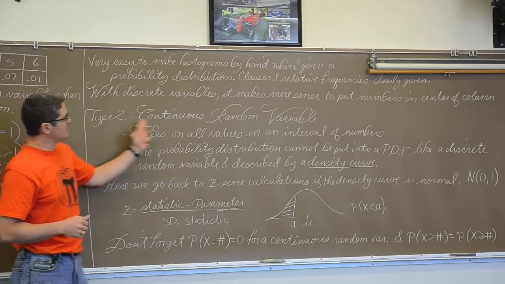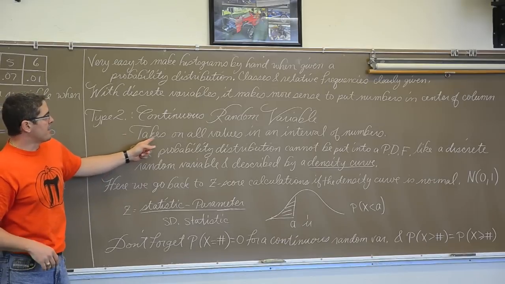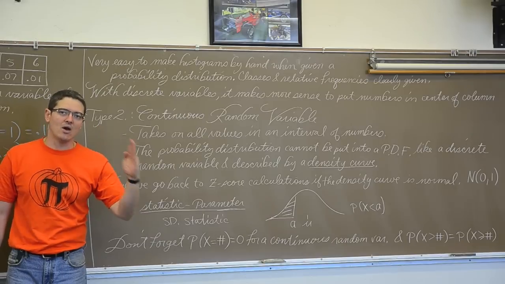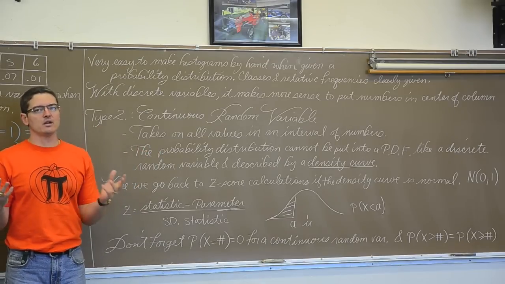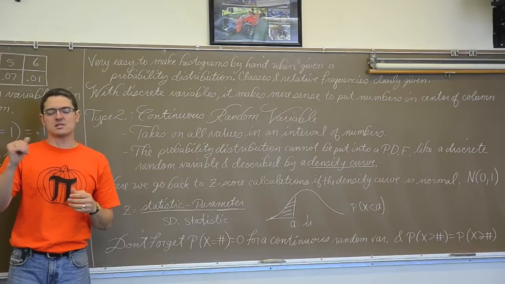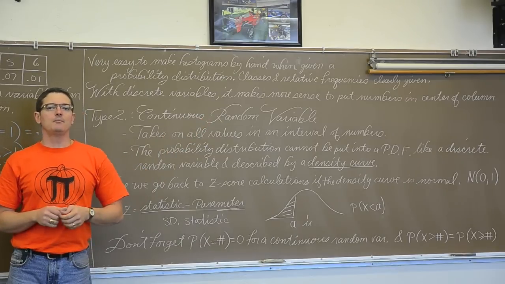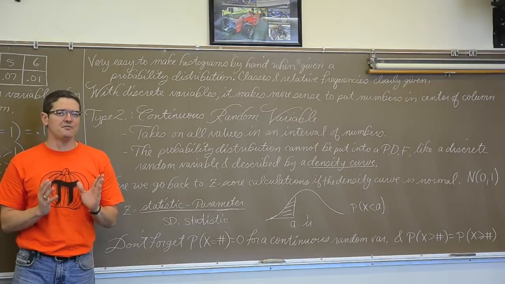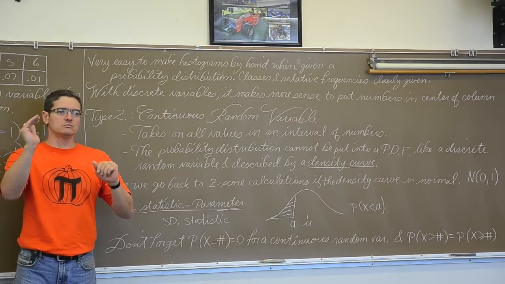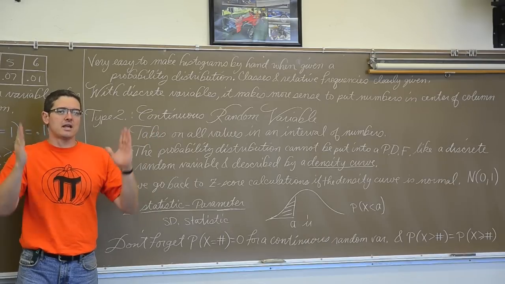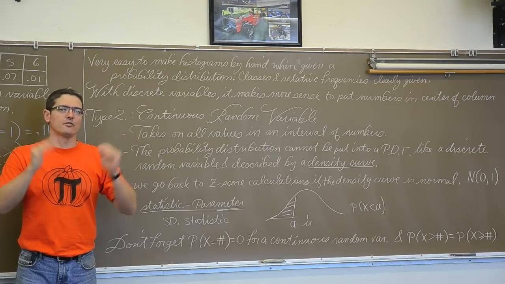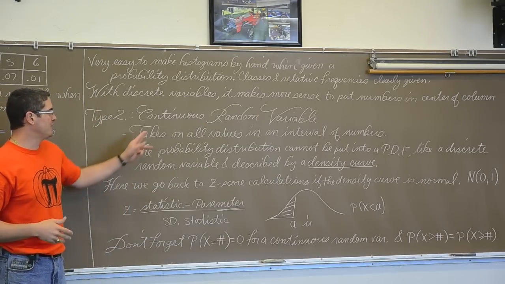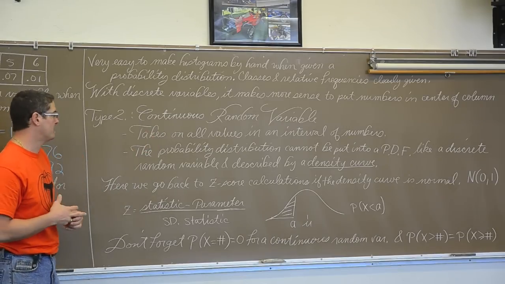Okay, type 2 variable. Continuous random variable. Takes on all values in an interval of numbers. All values, not specific countable values. So within whatever interval is appropriate for your word problem, maybe it's just simply 10 to 20, the random variable can take on all and any values between whatever your min and max value is, if there even is a hard set interval, which in a continuous random variable by theory there really is not. So there's an infinite number of possibilities that x can take on.